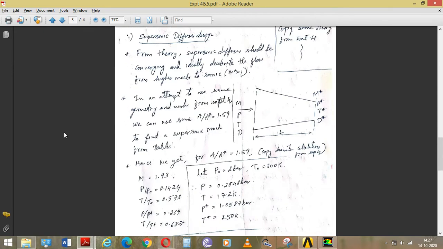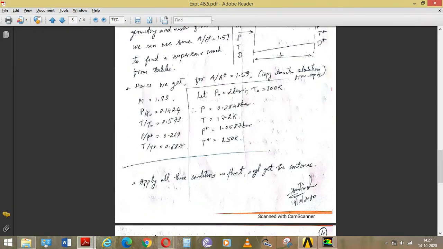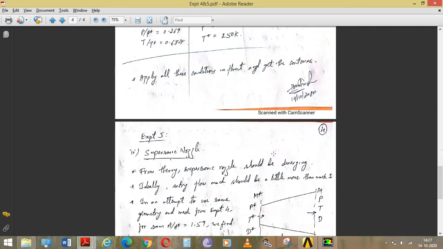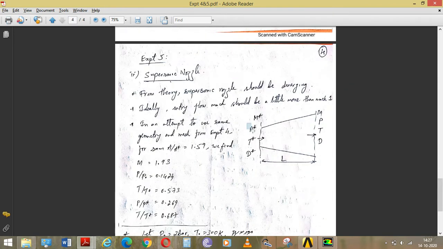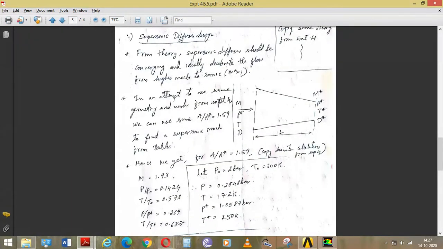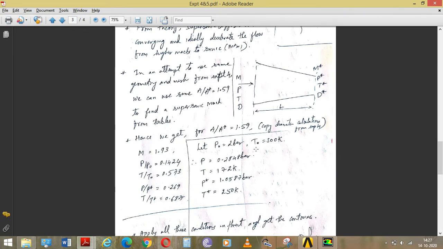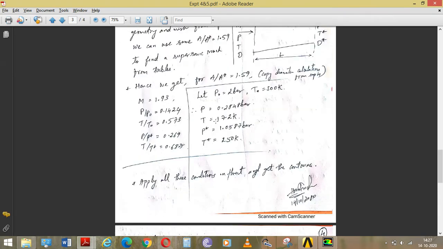Supersonic diffuser. So total pressure is 2 bar, and static pressure, we have inlet pressure is P. So don't get confused with P and P star. For a nozzle, it will be P star. You can see here. For diffuser, it is P. We have to be aware of P and P star always. P naught will be same everywhere. So P naught is 2 bar, P is